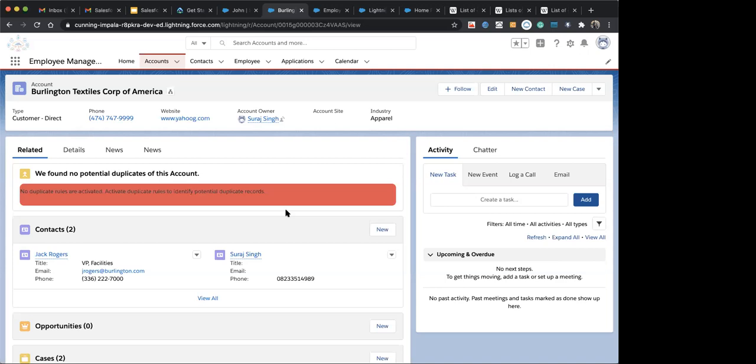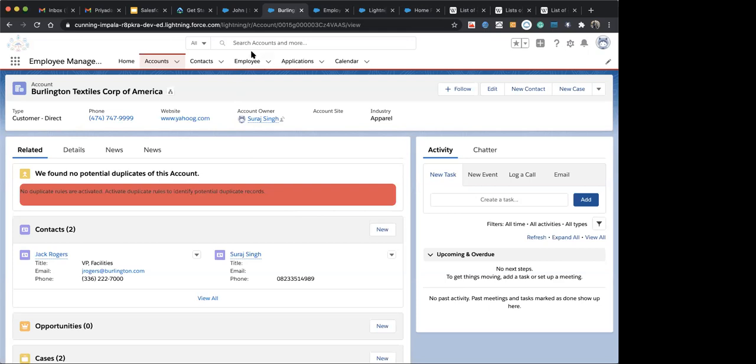Suppose we have a situation where we have a sales team, a service team, a management team, different types of teams, and they are working on the same record.